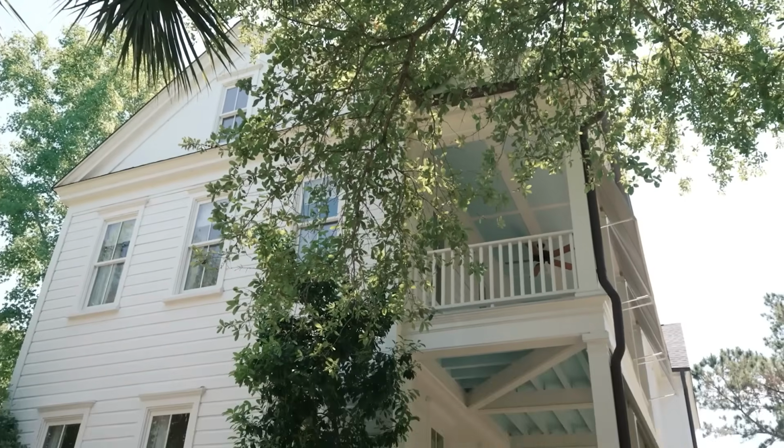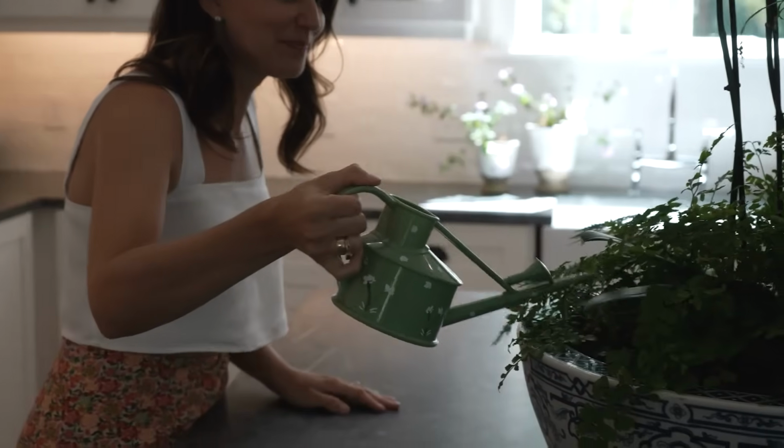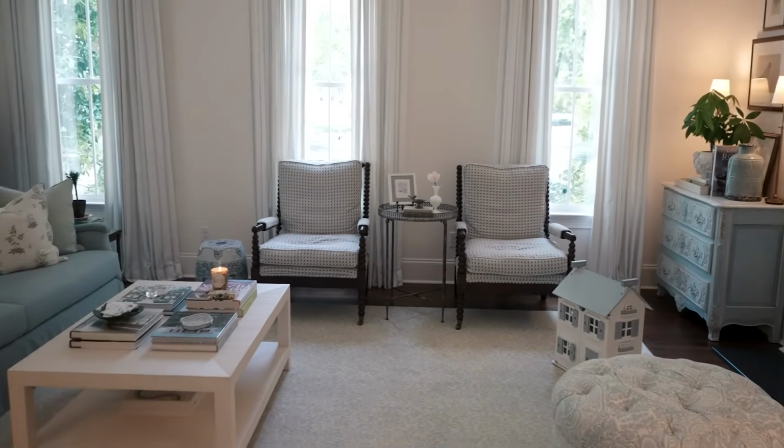Like I said, we moved here about 3 years ago, and we actually moved from Savannah, Georgia. We lived in an older home that was built in the 1800s, and so when we were moving to Charleston, we actually wanted to find something that was totally opposite. And so we found this house. It was built in 2001, and